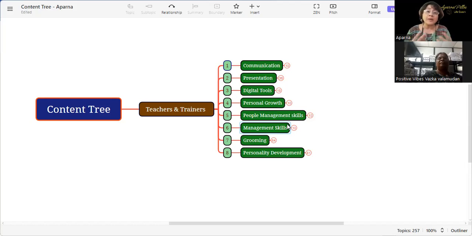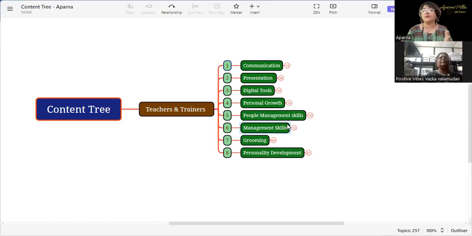I'm going to teach you people management skills. Even though we are in India, there are lots of different ways to handle different people all over the world. So how are we going to manage situations wherein the parent is not happy with the growth, or parents are too involved in the child's growth? When you are teaching, they would want to talk in the middle. How are you going to manage those kinds of situations?